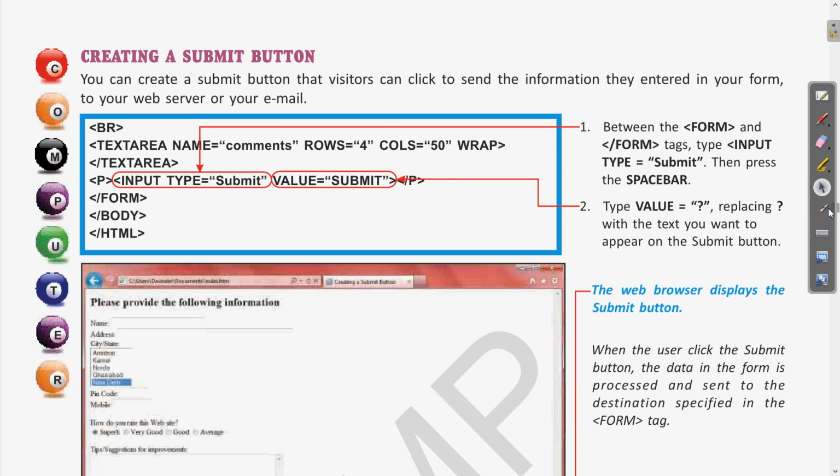So for writing the submit button, what we have done, after writing all of the elements of the program, when we have to use this submit button, write here the input type as submit, and whatever value you want to appear on that submit button can be written. Clear? For example, submit, or if you want to write like save. So these types of text can be written on the submit button. The action will be for submitting or doing whatever action we have written, but the text which we want to appear on that button can be changed from the value attribute.